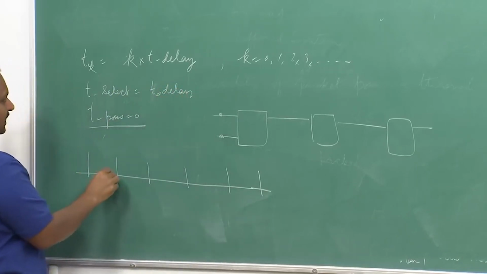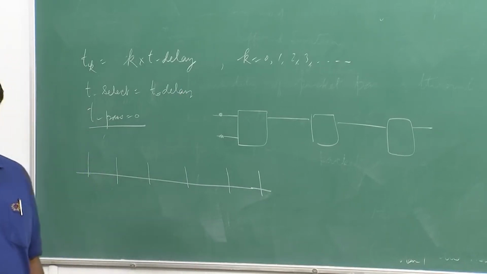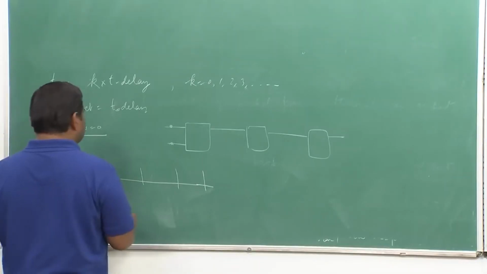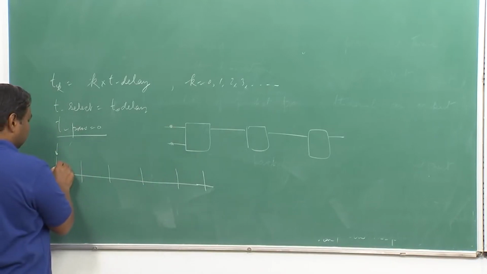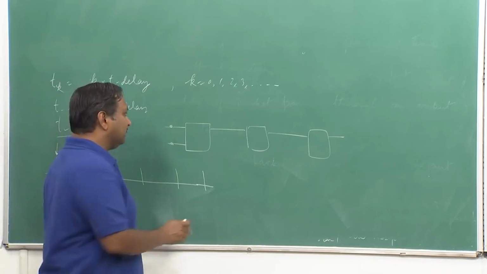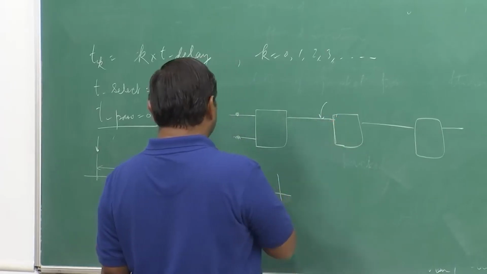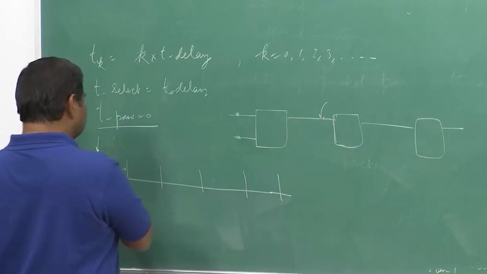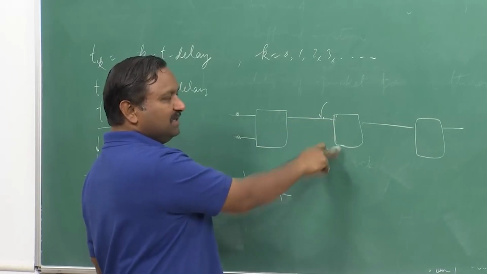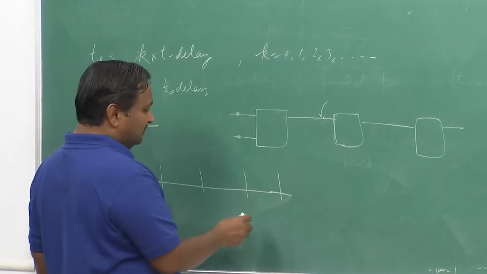And each slot is equal to T delay. So, the selection process itself actually takes a complete full slot, and packets are transferred instantaneously. So, when both packets arrive here, it will take this whole period for the selection to happen, and then the next buffer which is available here for this switch, only one of the packets can be pushed out almost instantaneously at this point, but the packet has to be held up here because again it has to go through a T selection process. So, what will happen in the next step is,